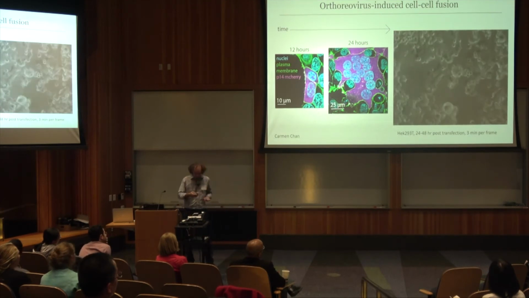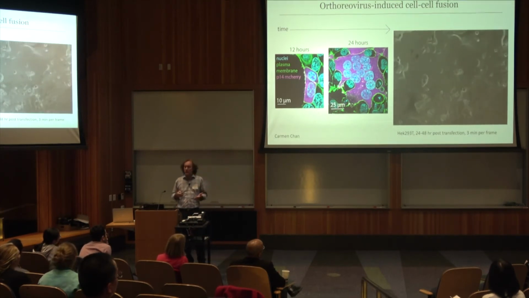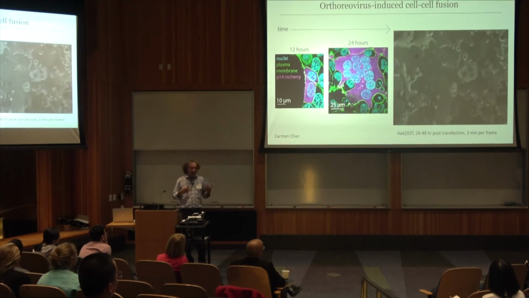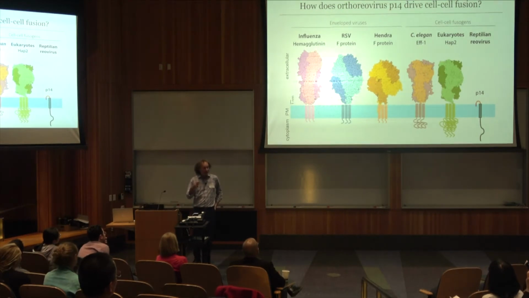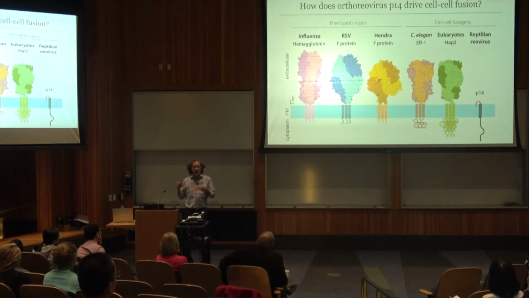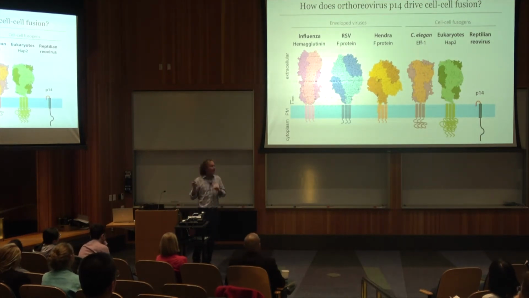So anyway, this is a very, very potent fusogen. So the question is how? How is it that it's able to do its work? If you compare P14 and really any of these other FAST proteins, fusion-associated small transmembrane proteins, with much better